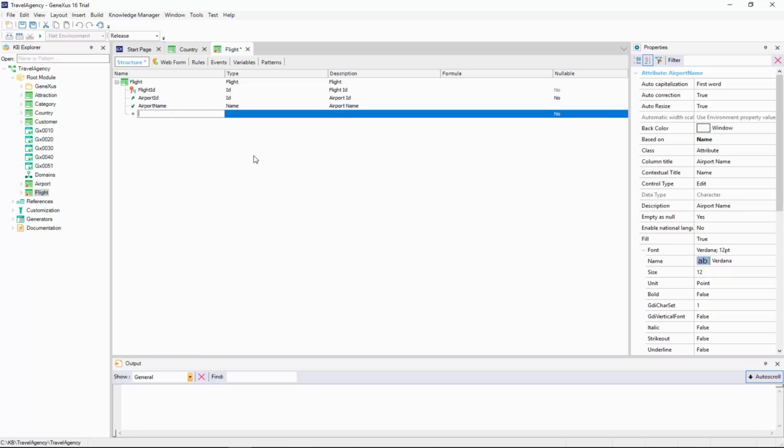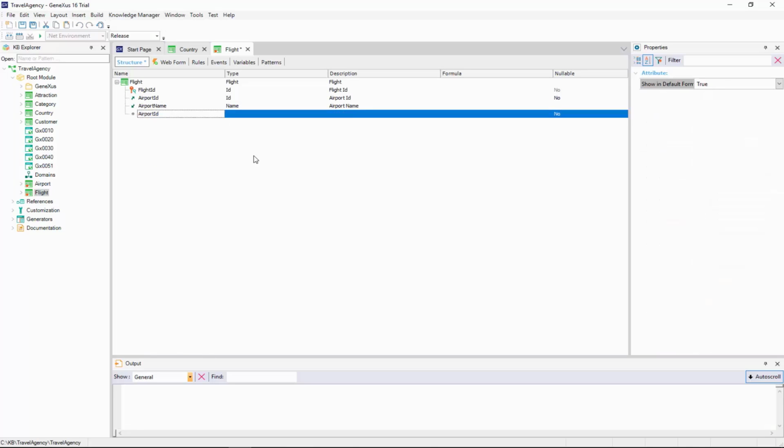But when we try to add airport ID again, Genexus tells us there's an error. That is, we're trying to add an attribute with a duplicate name. And the same will happen with the airport name attribute that we were going to add to represent the name of the arrival airport. So, what can we do to enter two airports in one transaction?